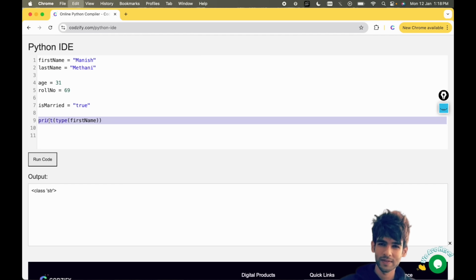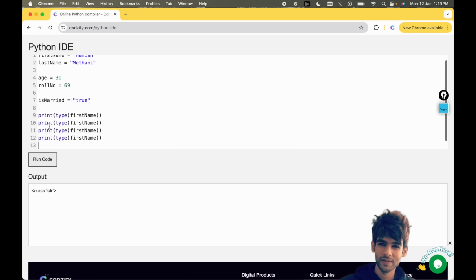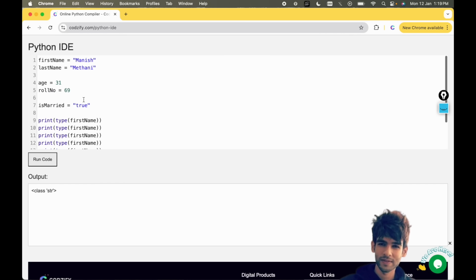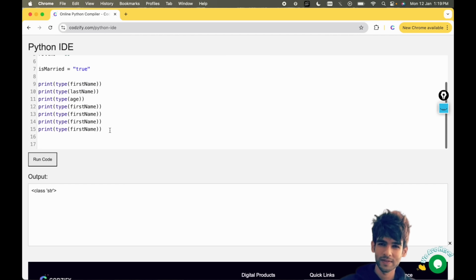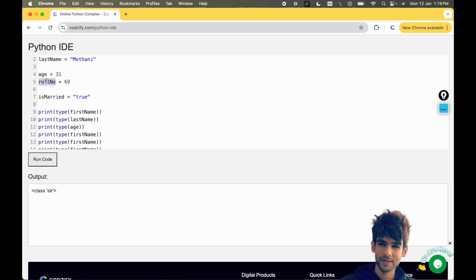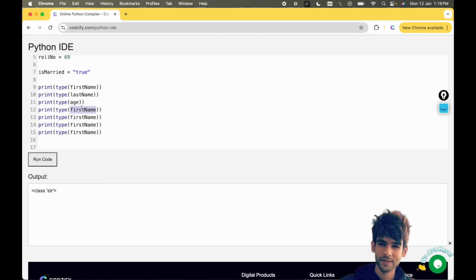Now if I copy this and create multiple print statements, I will use the last name here. I will copy this and paste it here, age, roll number, and this.